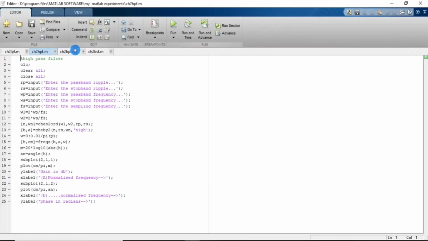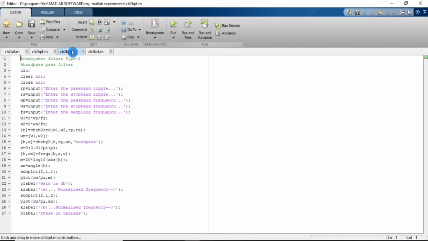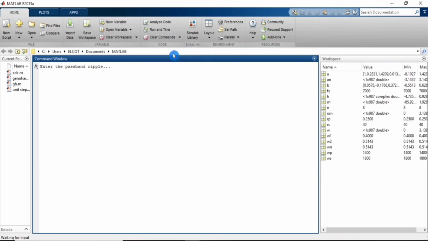And then I am going to run the band pass filter. It is asking us to enter pass band ripple. I am giving it as 0.4, then stop band ripple as 40, and then pass band frequency as 1400.